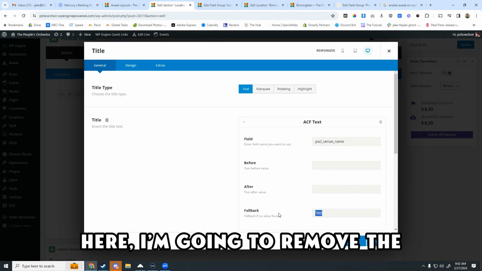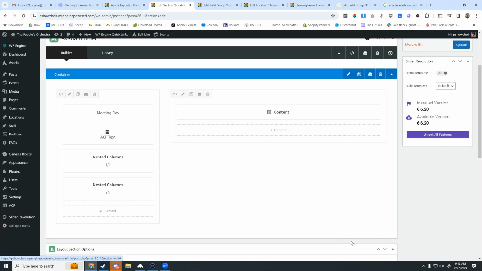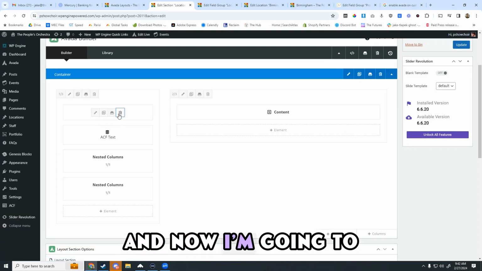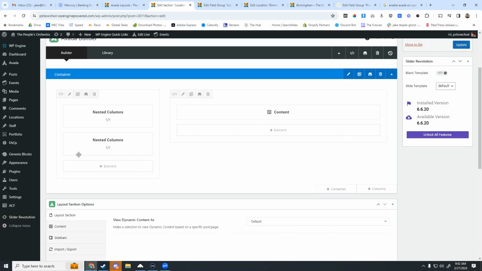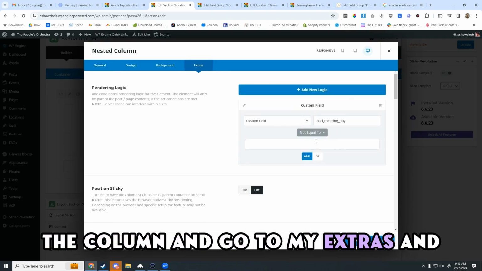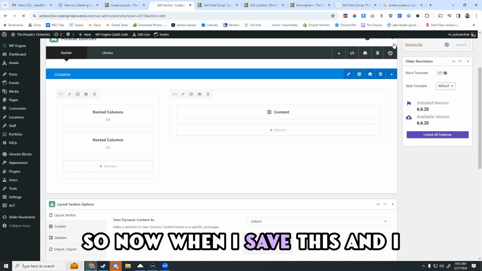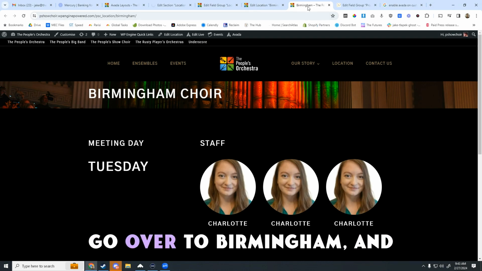I'm going to remove the TBD because we don't want the fallback. Now I'm going to remove our duplicate here, and then lastly go to the column, go to my extras, and replace the custom field here. So now when I save this and go over to Birmingham,